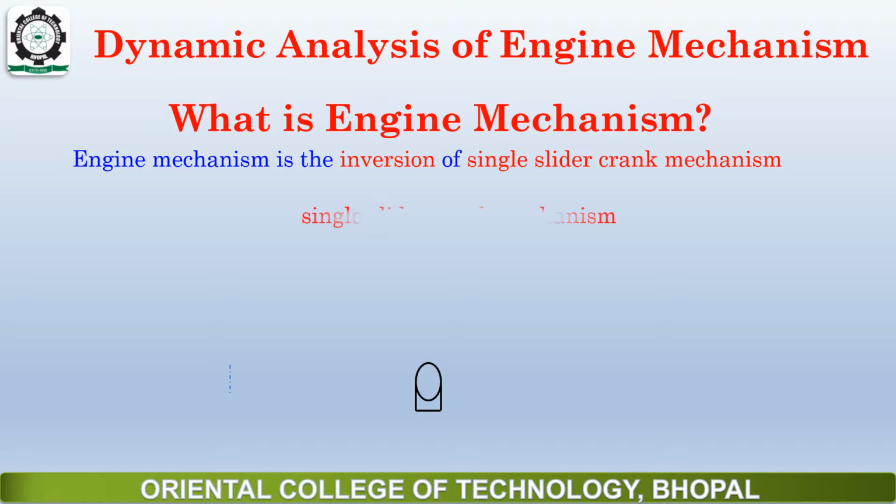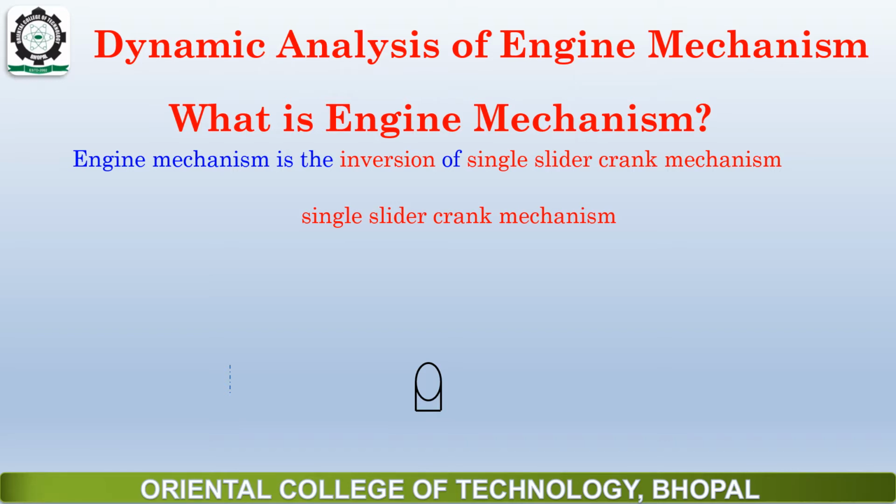In theory of machines we have read the concept of link, the concept of pair and different arrangement of links with the help of different pairs. In this subject we will read about some basic mechanisms, which is four-bar chain mechanism. What is a four-bar chain mechanism? If we join four links by four turning pairs, it is a very basic mechanism, which is called the four-bar chain mechanism. In a four-bar chain mechanism, if we replace a link with a slider and a pair with the sliding pair, it will become what?